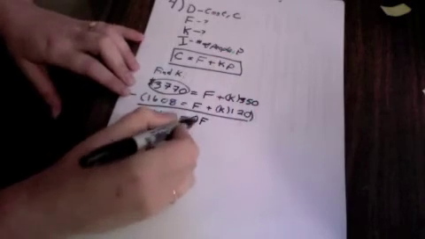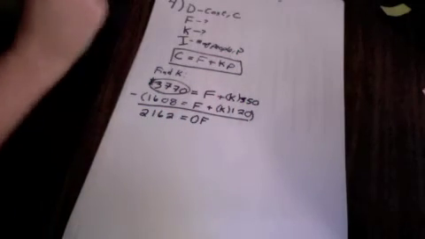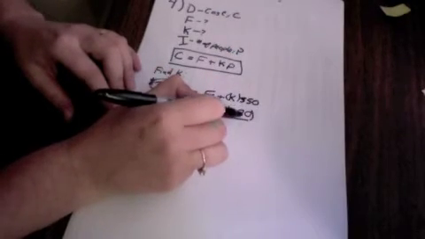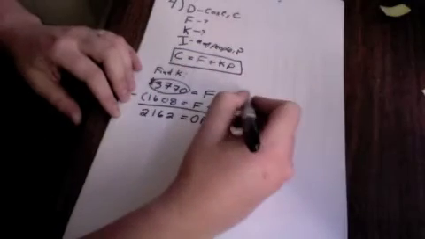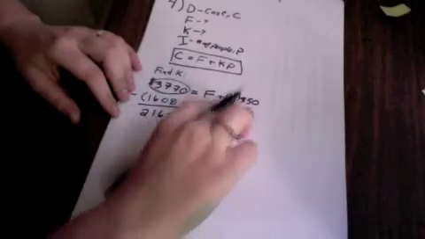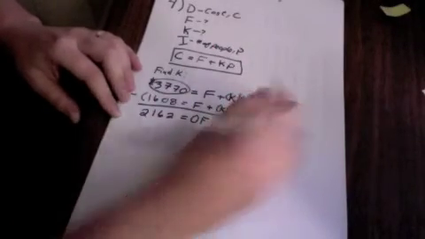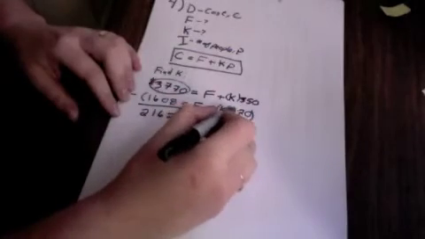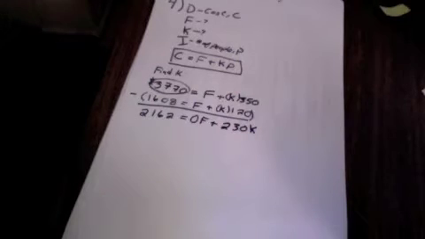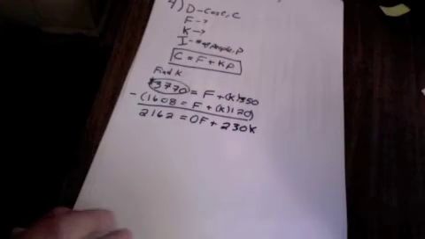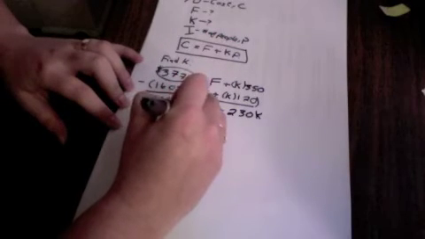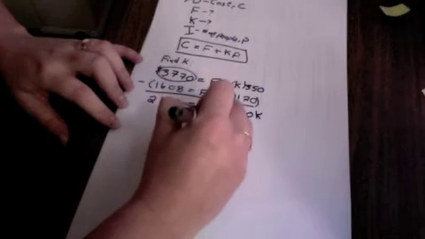That's nice because we're getting rid of that F variable, so then we just have one letter to deal with. Plus 350K minus 120K. 350 minus 120 is 230. And we're just going to flip around the variables. Instead of K times 120, we're going to say the number and then the variable. You can do that. 3 times 2 is 6. 2 times 3 is 6. You can do that with multiplication. So I'm going to rewrite this. 2,162 equals